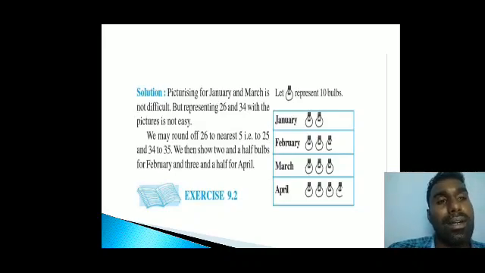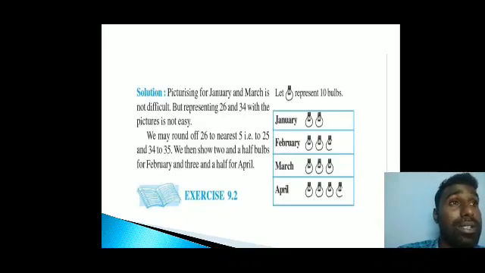Okay, but without approximating you can put any other symbol. For example, if you have to represent a bulb with 4 or 5 rays, 5 rays represent 10 bulbs, so one bulb represents 10 bulbs, and you can calculate from the number of rays. For example, 10 means 5 on this side and 5 on that side. If there are only 4 rays, it is less. Anyway, it's your idea, be creative, but you have to draw one picture.